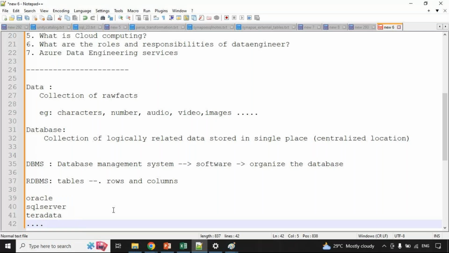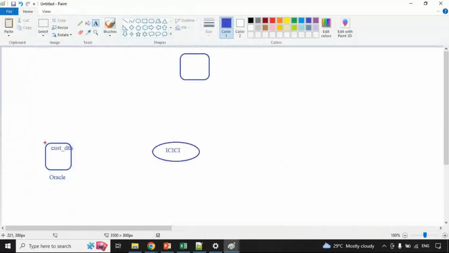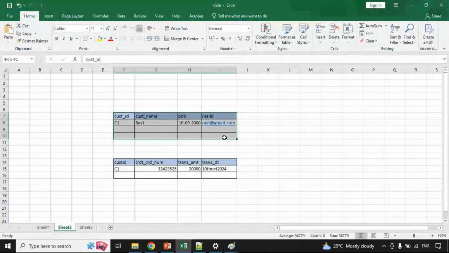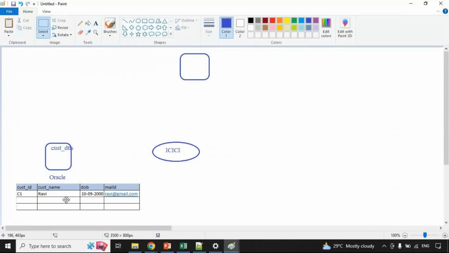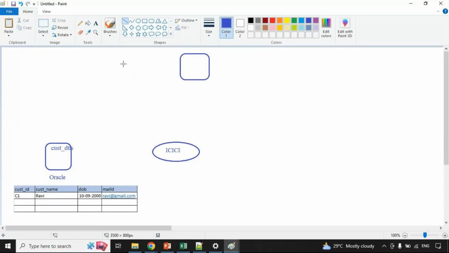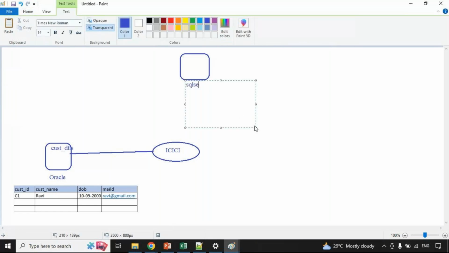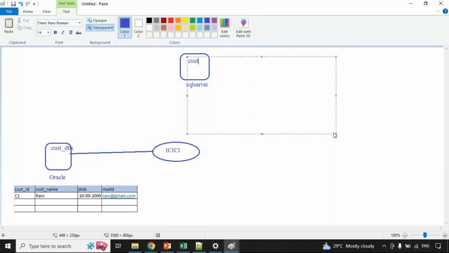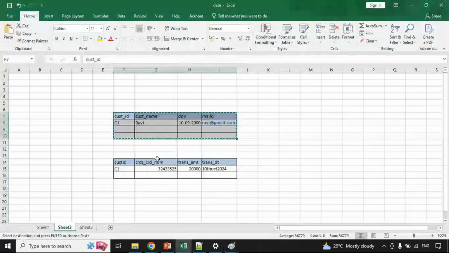Now, consider banking related, they are going to maintain the data in the database. So here consider I am having details like this. So banking related, okay. Similarly, here customer details are present. I am also going to maintain customer related credit card transactions here. So that data is also in the database.